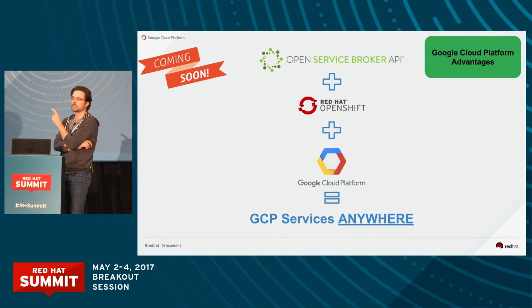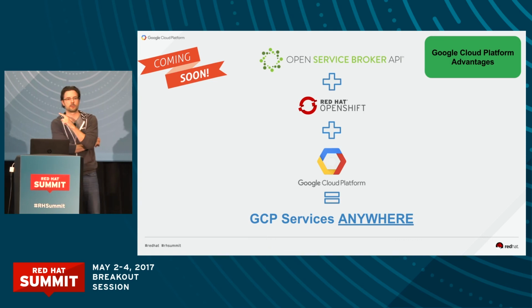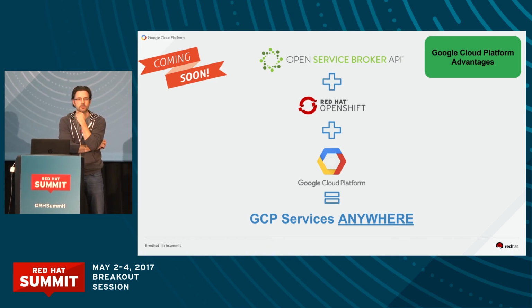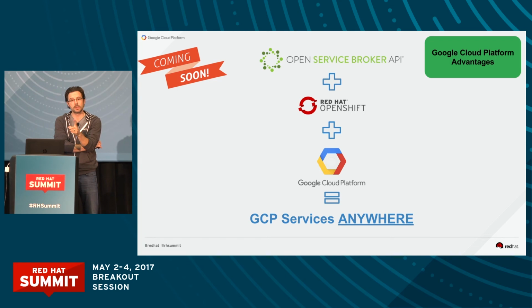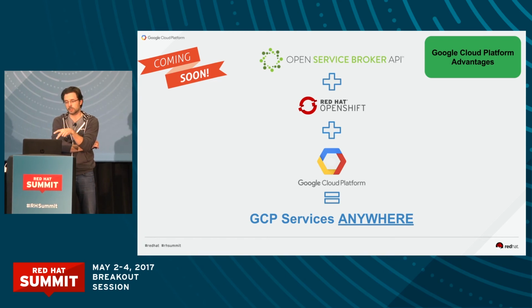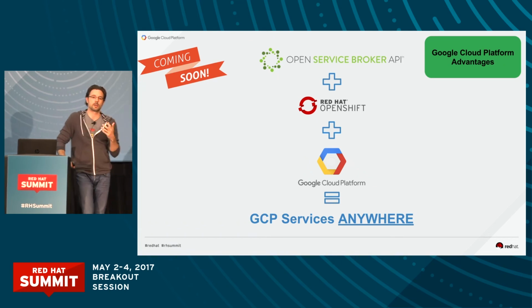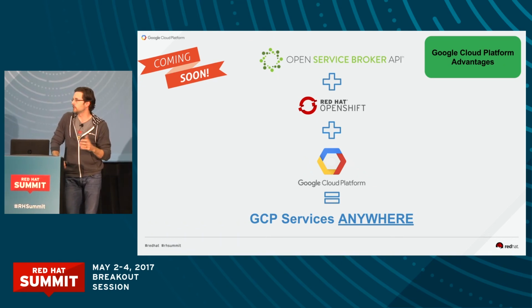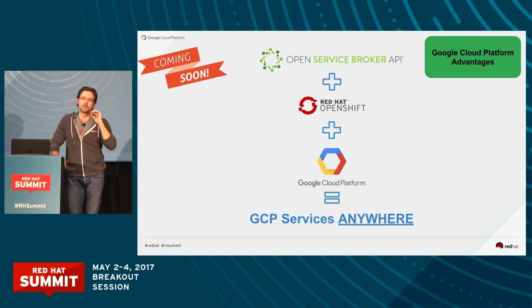A nice part, and something I would encourage you to spend a lot of time looking at, is the work that we're doing with Red Hat around the Open Service Broker API, right? This means that you can have access to the services, both Google and any provider that works together with us, and there's a bunch of them. Their services are then extensible out of OpenShift anywhere in the globe. So they're consistent, integrated, easy to use, same credentials, all of the above.